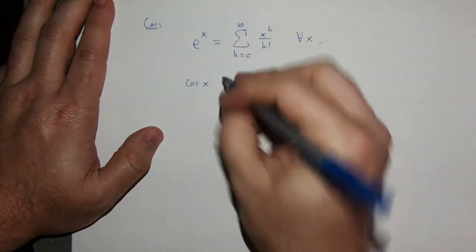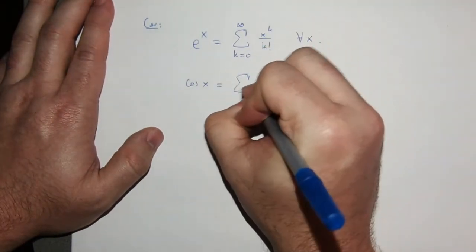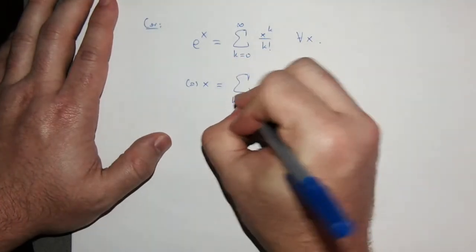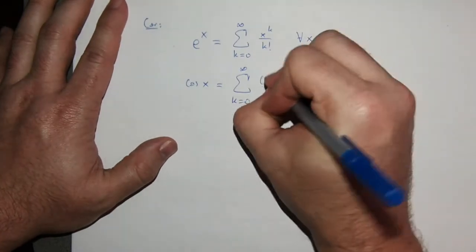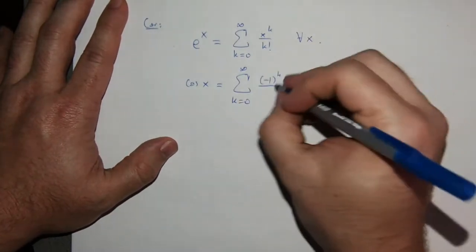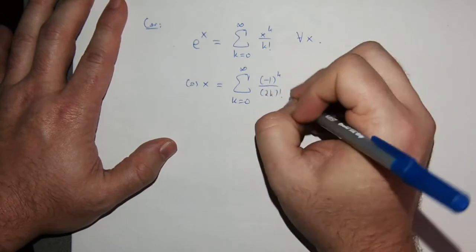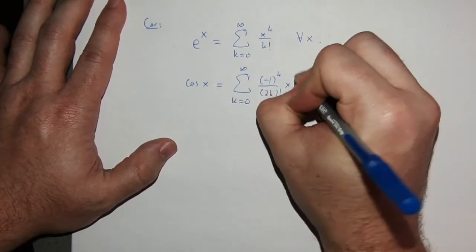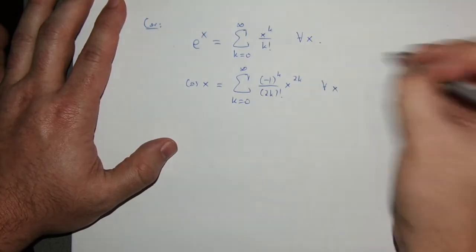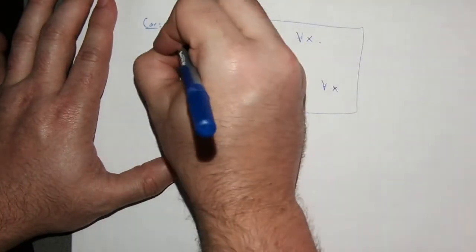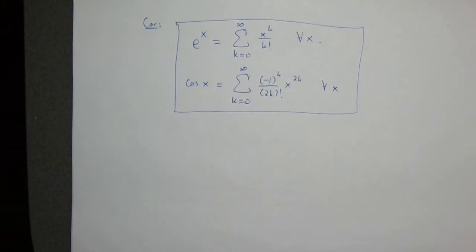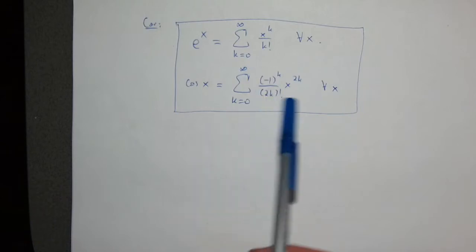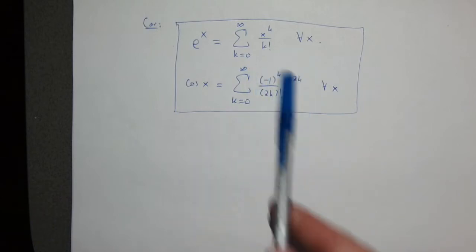So cosine x, of course, you can do this for sine x as well. This is the sum from k equals 0 to infinity of minus 1 to the k over 2k factorial, x to the 2k, for all x. It's alternating, and it's only the even terms. The reason you know those are for all x intuitively is you know for a fact that e to the x and cosine x have no issues. And so if you're able to express them as power series, notice that here, our expansion